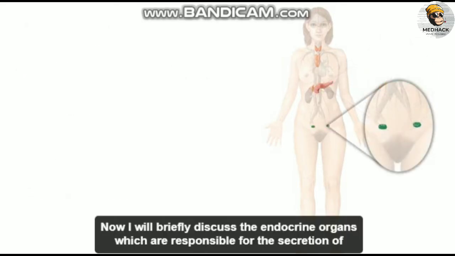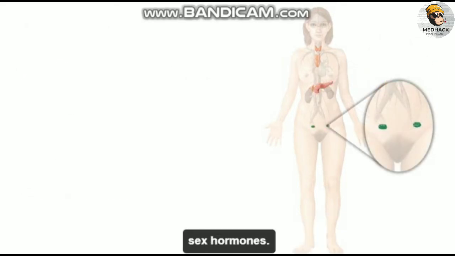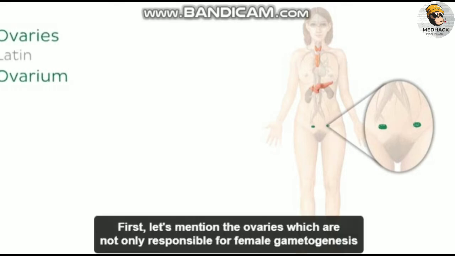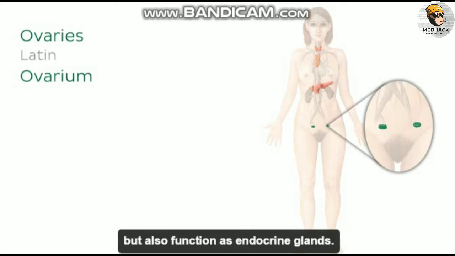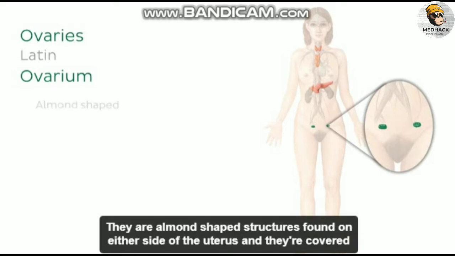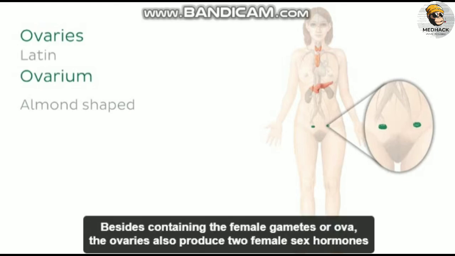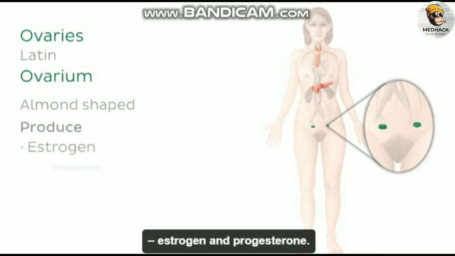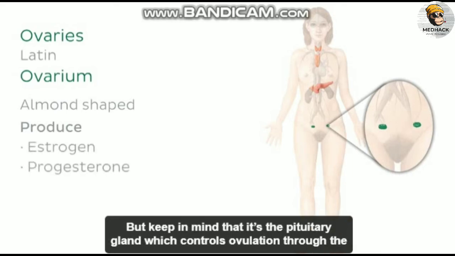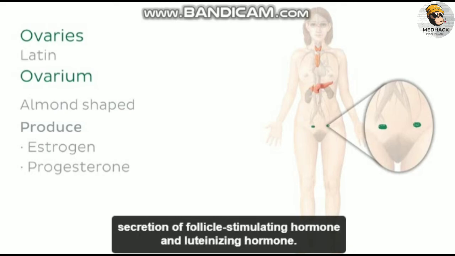Now we'll briefly discuss the endocrine organ responsible for the secretion of sex hormones. First, let's mention the ovaries, which are not only responsible for female gametogenesis, but also function as endocrine glands. They are almond-shaped structures found on either side of the uterus, and they're covered on the surface by a simple cuboidal epithelium. Besides containing the female gametes or ova, the ovaries also produce 2 female sex hormones, estrogen and progesterone. But keep in mind that it's the pituitary gland which controls ovulation, through the secretion of follicle-stimulating hormone and luteinizing